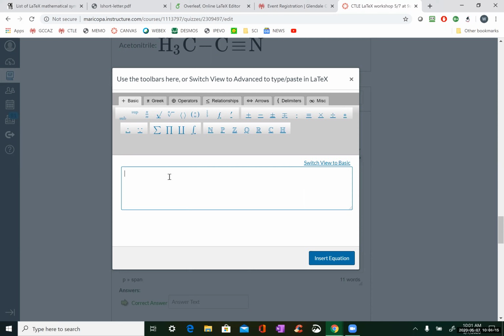Okay. Also, Walter, did you say you were going to export this quiz so that we could import it into a Canvas shell and have access to all the editing you did in there? I'll put it on the shared drive. Email me and I'll send it to you. I'll put it on my shared drive and send you a link. And then we can just import it into a shell that we have for playing around, and open it up and play around with the commands in there, right? That's right. Thanks. We might be able to get Polly to put it on the CTLE website, like the page with the recording and then the exported quiz.